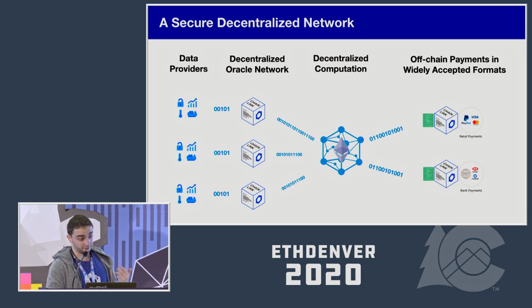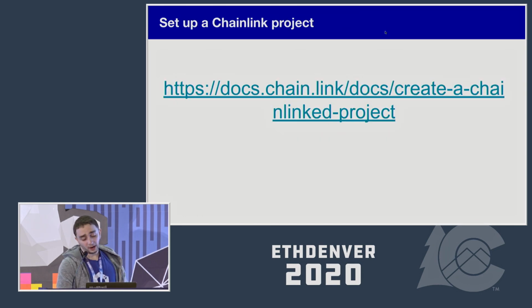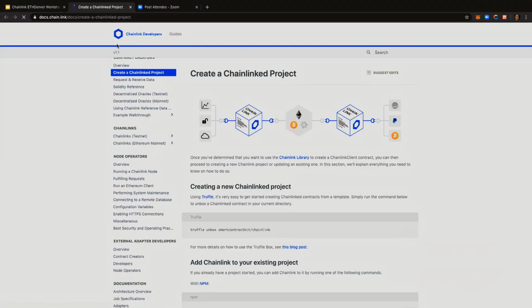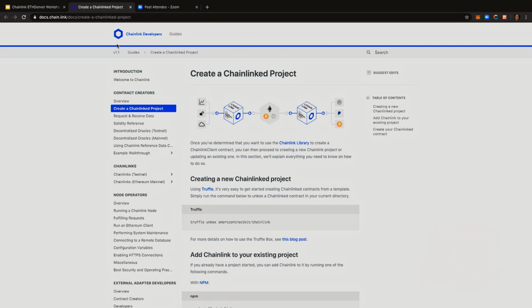Right? So the price of ETH, the price of Bitcoin, the price of gold and silver. So now I'm going to run a small demo on how you can set up a Chainlink contract so that it's a bit more expressive, right? If you go to this link, you'll go to our documentation. In our documentation, we explain how to use a Truffle box.